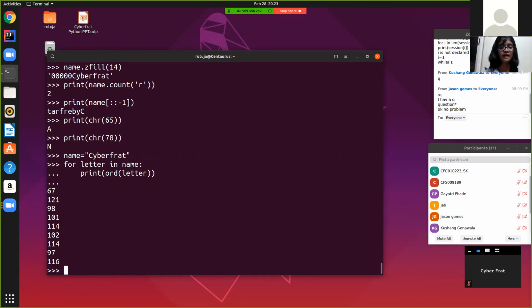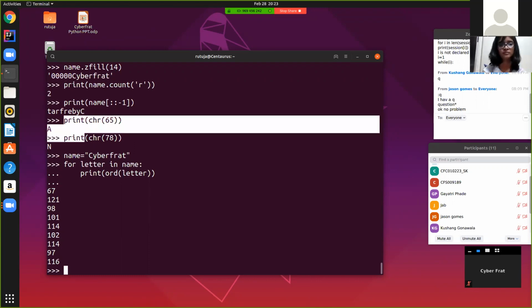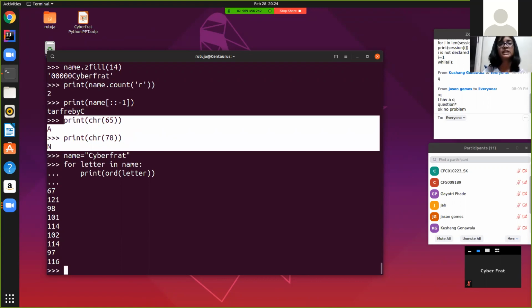Now, what if we want the output in such a way? What if we have the ASCII values and we want the character of each ASCII value, just like this? What if we want this output in a single line itself? What if we want to merge these two lines of code together, so instead of getting the output one by one,